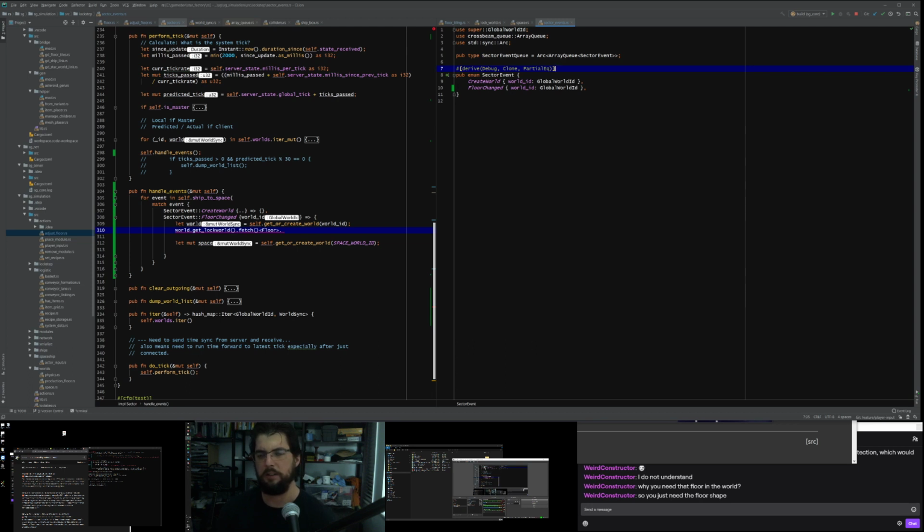Actually, I want to get the entire floor and put it across. So let's just clone the floor, which makes you think we should go into floor and say that not only is it a world, get world, fetch the floor and clone it.